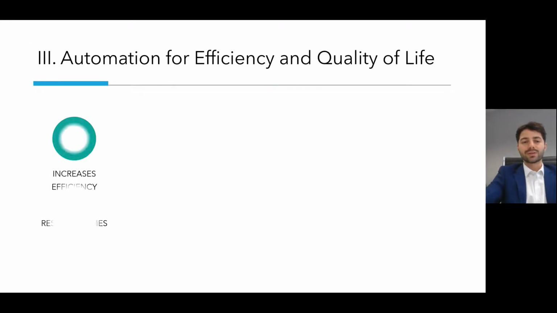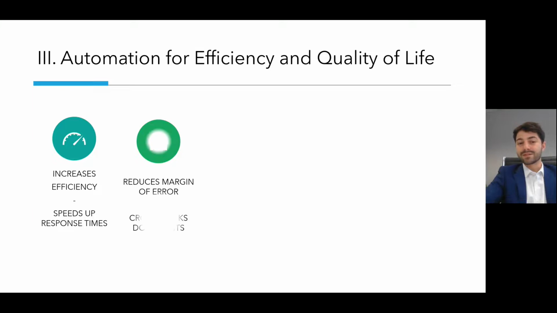So now I'm going to talk a little bit about efficiency. That's the other side of this. And of course, if you increase the efficiency of the process, it will speed up your response time. It will lower the amount of money that you're wasting in terms of negative money. That's money which is being spent on employees to do tasks which can be automated for a fraction of the